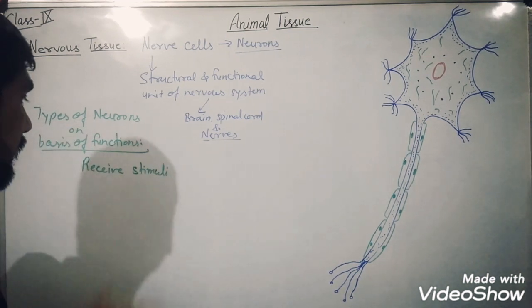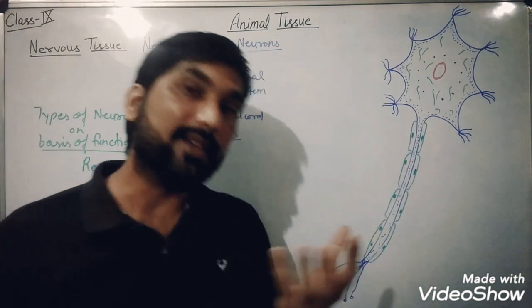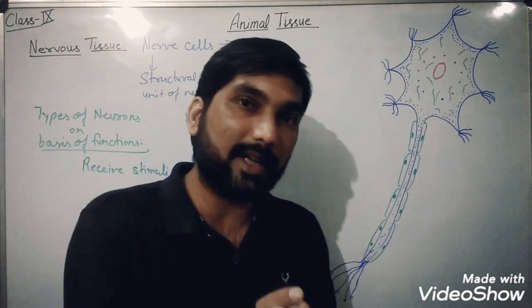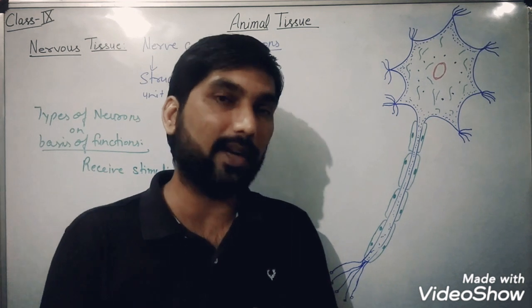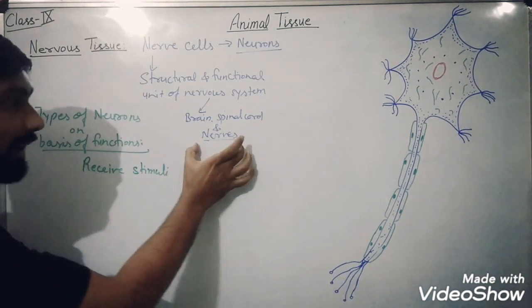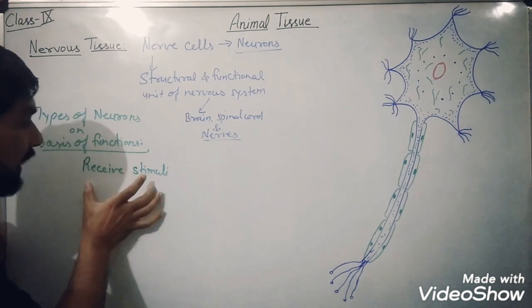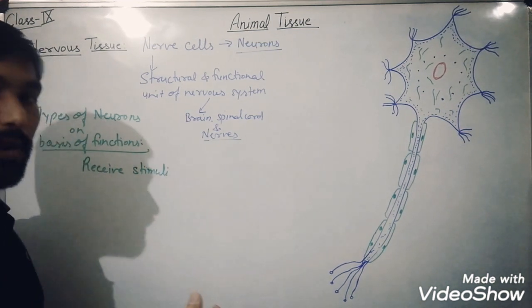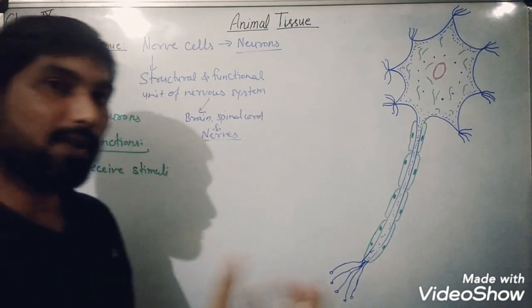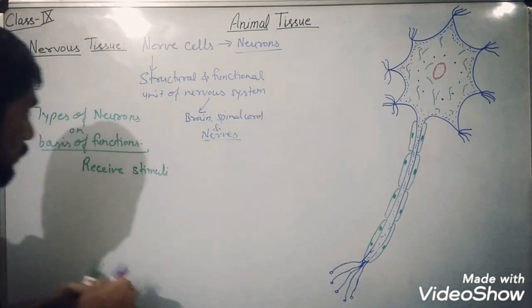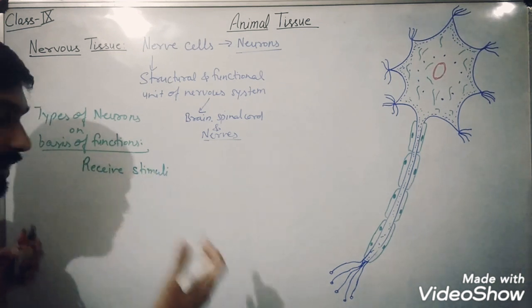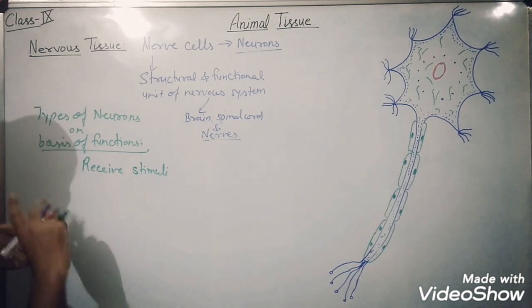Stimuli are any changes that affect an individual's body or activity. These nerves receive any stimulus that is present externally, outside our body, or inside our body. So they receive or sense such stimuli or changes,